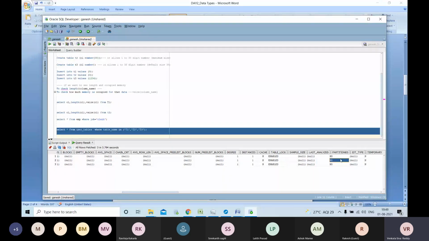We are going to create some partitions. They work just like sub tables, dividing the data, the rows. So now the table is created with 12 partitions. If you are maintaining 12 months of data, we will have 12 monthly partitions. One year we can divide into 12 partitions, 12 portions, whatever it may be.